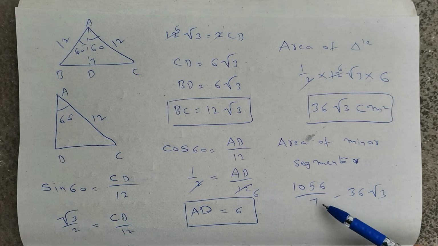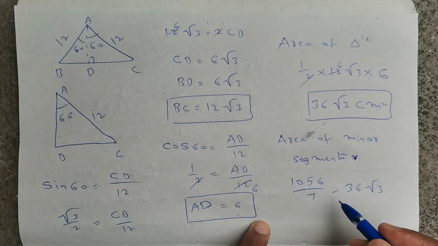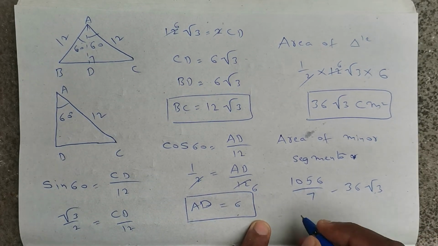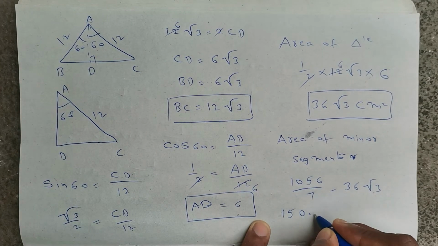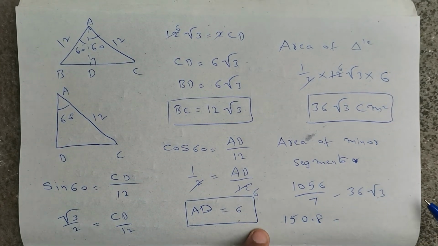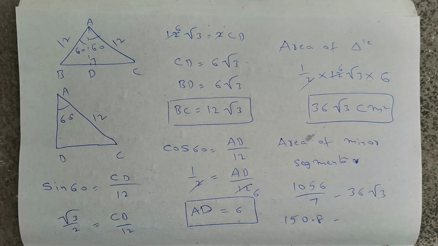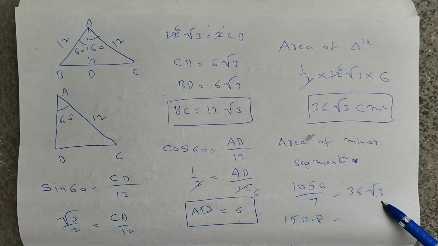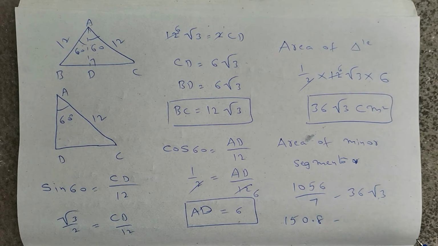Here I don't have any use for this denominator, so I am writing this as a decimal now. 1056 divided by 7 is nothing but 150.8, minus. Here root 3 is nothing but 1.732. That is the approximate value. That 1.732 I am multiplying with 36. So we will get